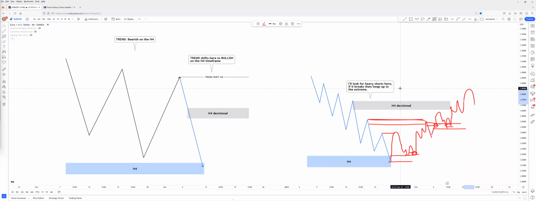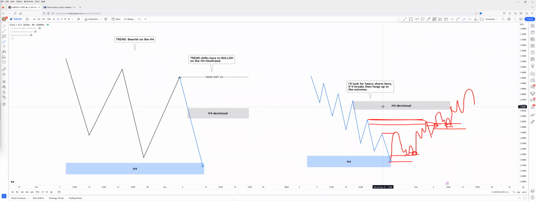Exactly. The trend won't change. The trend still remains bearish, because this 4-hour decisional break won't change the trend. You can see that the 4-hour shifts here. Here is the 4-hour shift line. If this breaks, the trend won't shift. But if this decisional breaks, it will mean that we will prioritize longs on the short